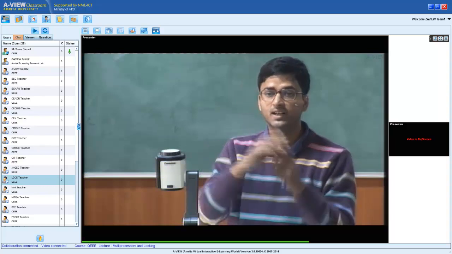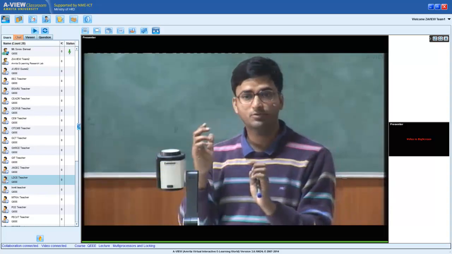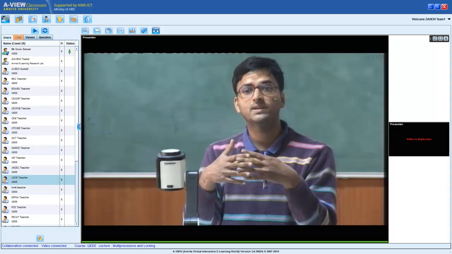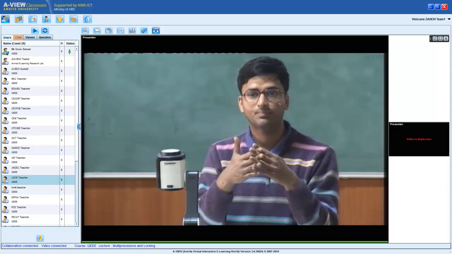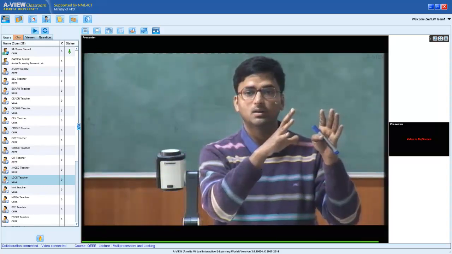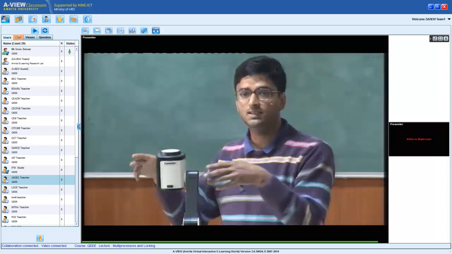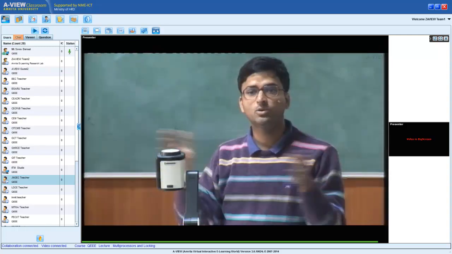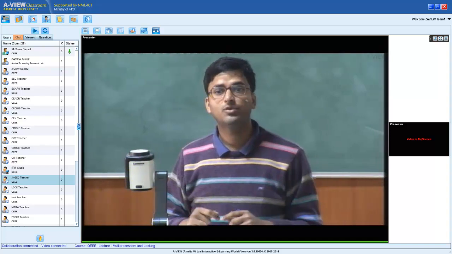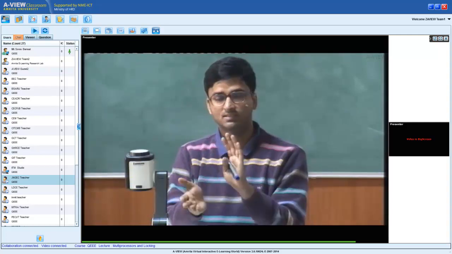In this case, each thread should trust each other because they're sharing the address space. So if one thread writes something, the other thread will get affected by it. So they should trust each other, and they should know about the existence of each other. So they should coordinate with each other, right? As opposed to, let's say, I run a program called an editor, let's say VI, and a program called a compiler, let's say GCC. So these two programs don't need to know about each other's existence, right? They are running in their private address spaces. But if we are executing tabs as threads, then they need to know about each other's existence, right?